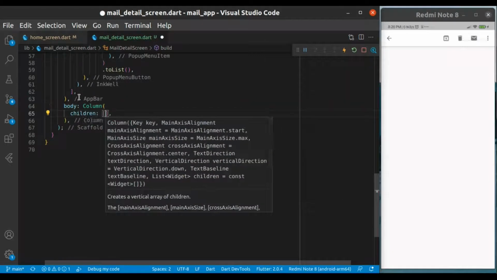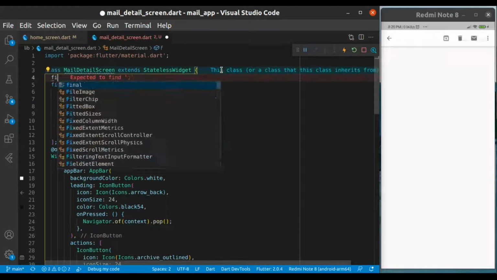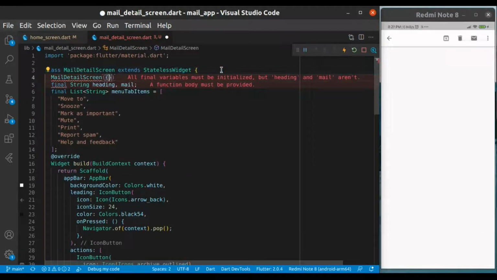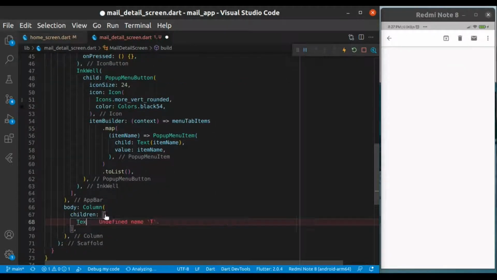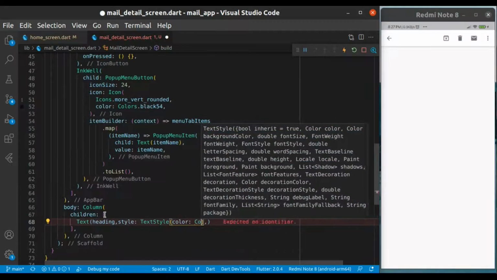Provide some body where we have the heading and the contact section and the bottom section. Store the description, or you can say heading, and the mail from which we have got this mail, from which company we have got this mail.